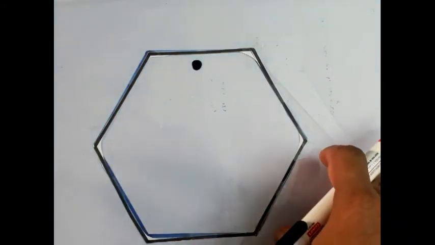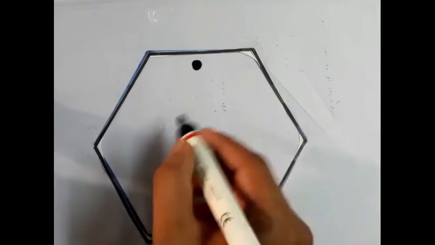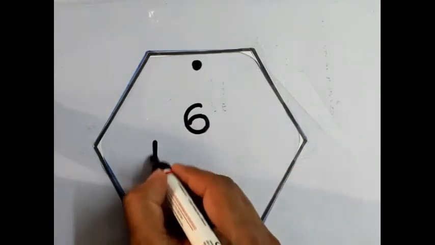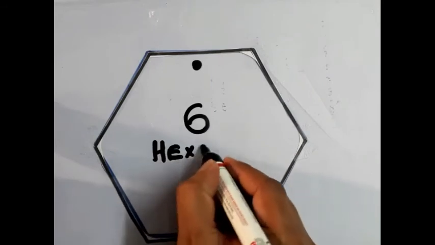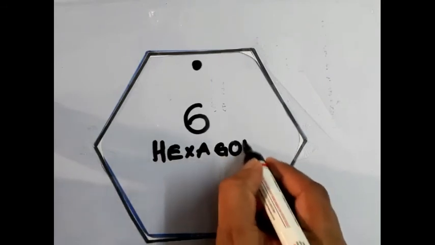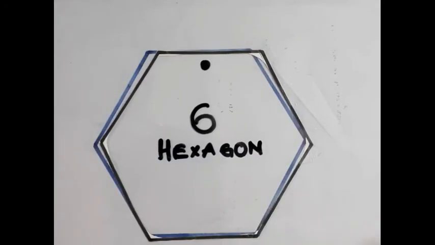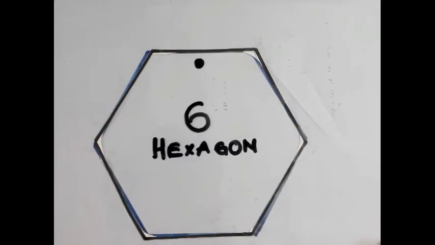It is 6 times. So we can say that the order of rotational symmetry for hexagon, this is hexagon, is 6. Now I am moving to another figure. Hope you are clear with this concept throughout the discussion. Let us move to some other shapes.